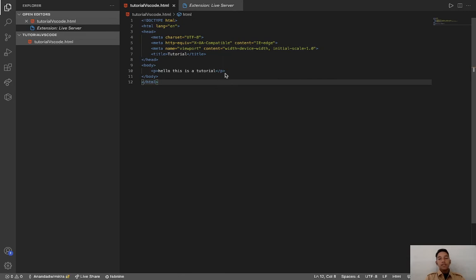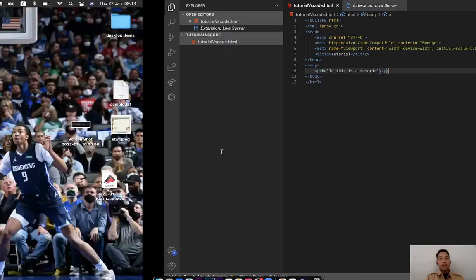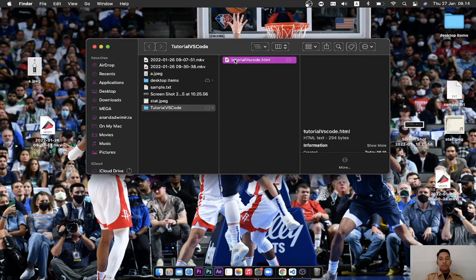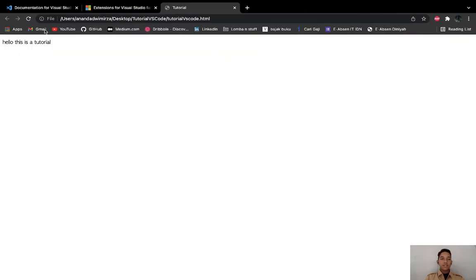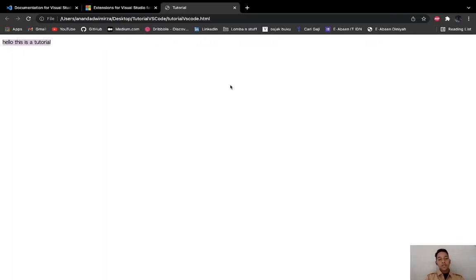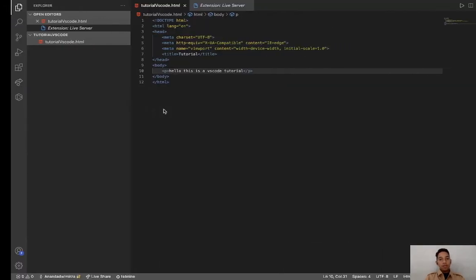Usually when you open an HTML file, you have to open it directly like this, and then it will show up hello, this is a tutorial. And if you make a change like hello, this is Vscode tutorial, you have to reload it and then you can see the change, right? But with live server,